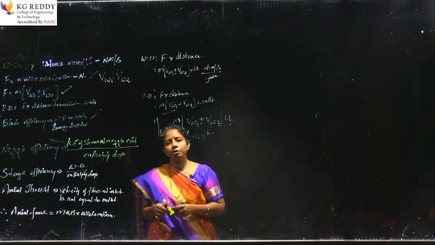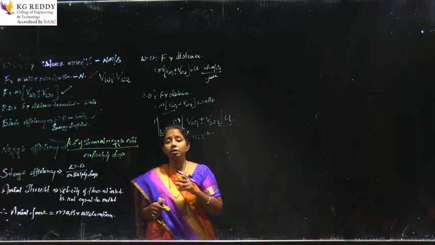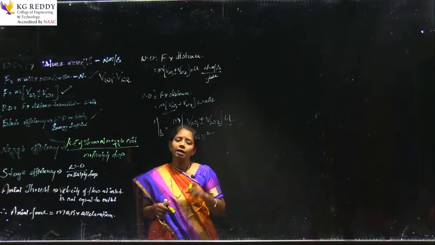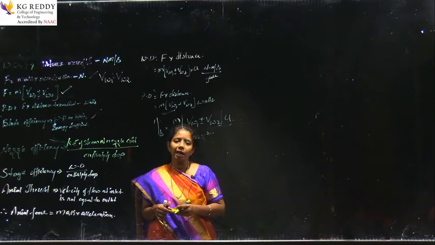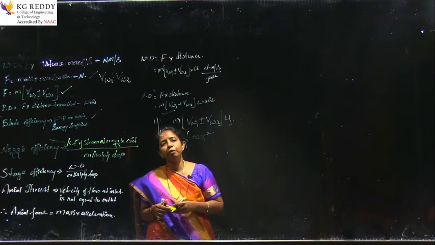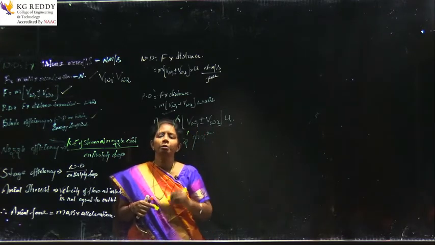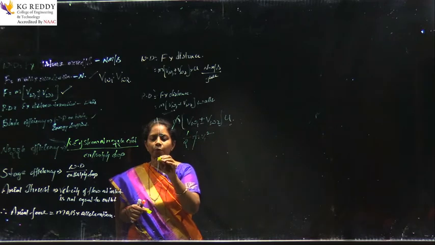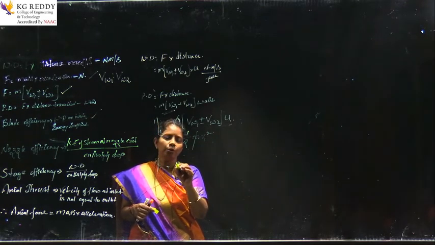Have you come across this relation, half mv square? Yes. Now the jet is in a moving condition. It has a speed, some movement, right? So it has a kinetic energy. Now if I try to simplify this relation, can I simplify any of the terms here? Yes, I can cancel m and finally the expression would be efficiency of a blade equals 2 times